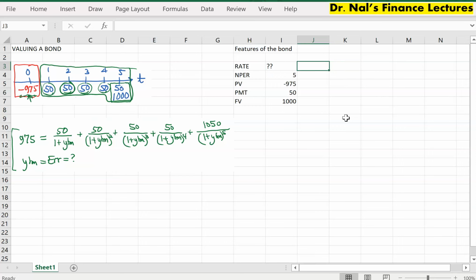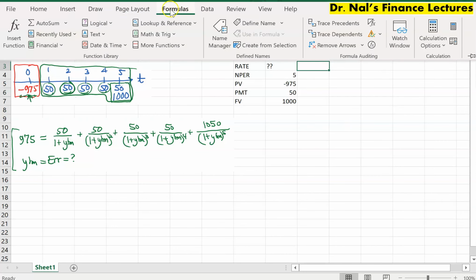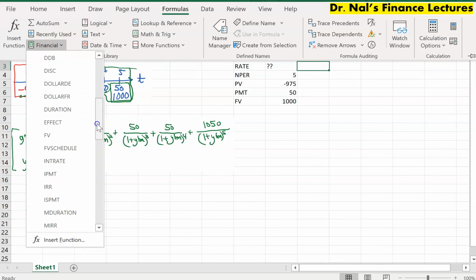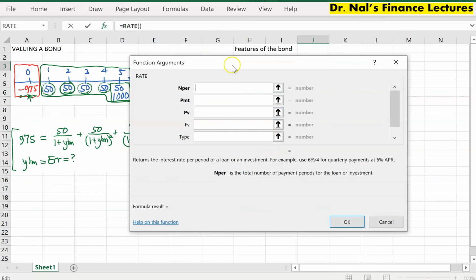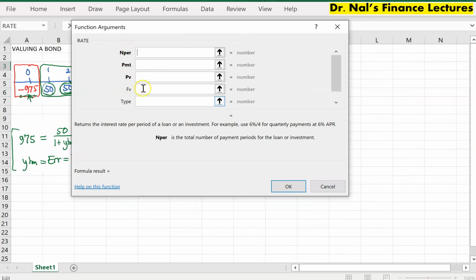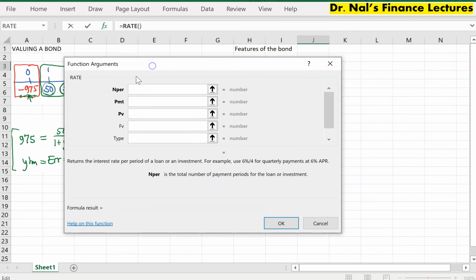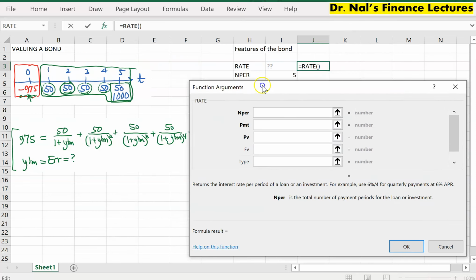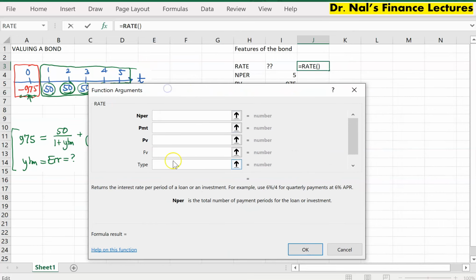And there's basically 2 ways to do that. So arguably the easier one would be the following. You go to the formulas ribbon on top in Excel, and under financial, you just find the rate. You scroll down in the formula sheet, and there you go, so rate. As soon as you press rate, it is opening a dialog box, and we should be able to fill in the numbers from this dialog box.